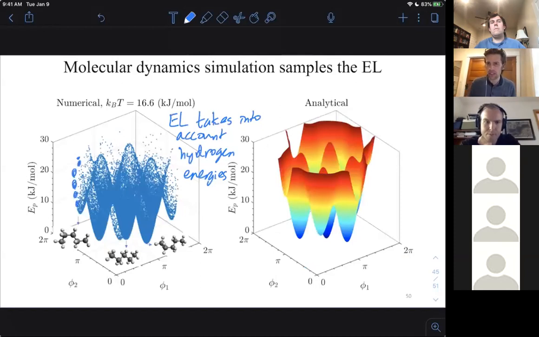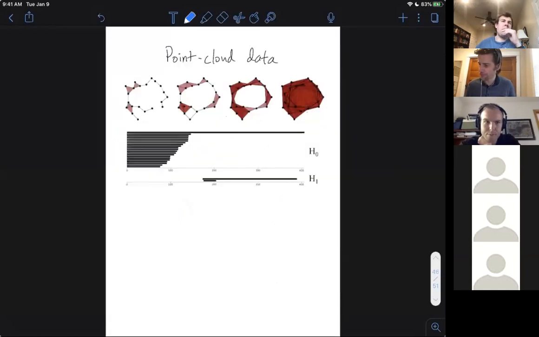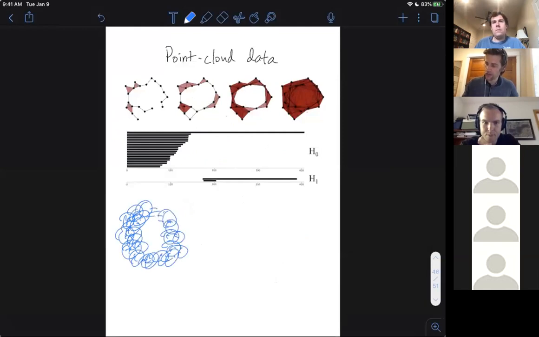So I have maybe 12 minutes left, and I just want to describe this briefly. When you have point cloud data, a common thing to do with it to try to learn, say, the homology of the underlying manifold from which it was sampled is to draw balls around each data point. And then as those balls grow, you can track how the homology changes. And if there's a region where you have stable bars, that might be your guess at the homology of the underlying manifold. So on a computer, instead of storing the union of the balls, you just add edges when balls overlap and triangles when balls have a point of triple intersection.